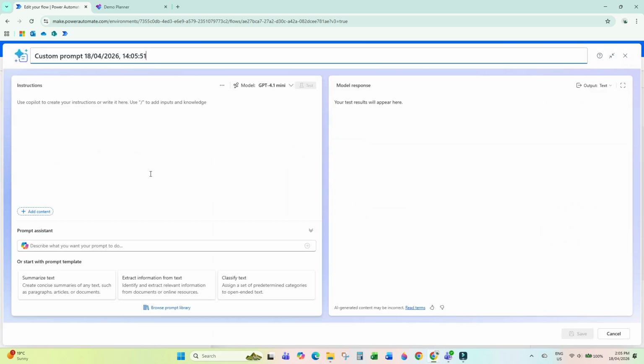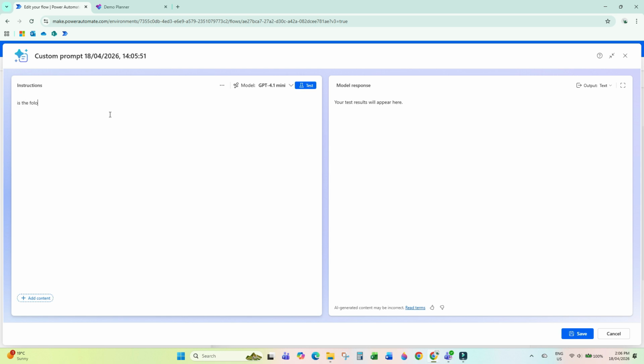We now have this pop-up window. We can rename the prompt. For now, I'm really just going to leave it, but we can include instructions and we can also do a test run. What I'm going to do is I'm going to say, is the following Teams message,